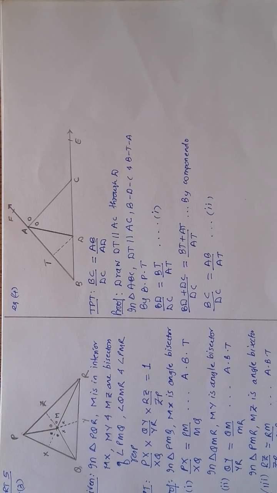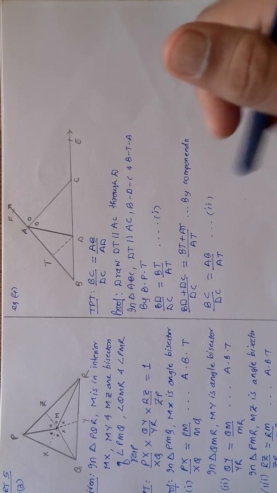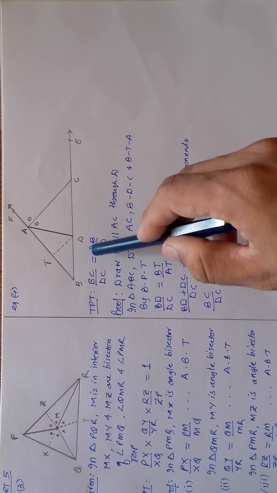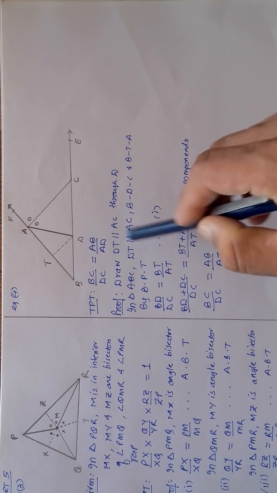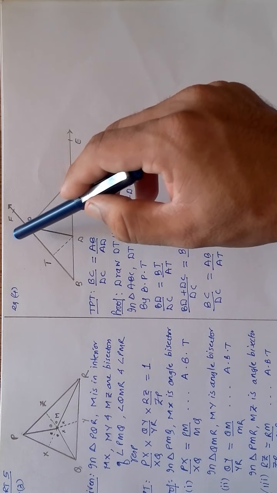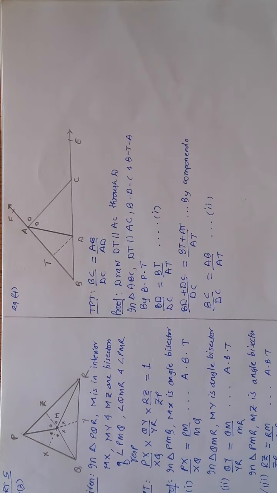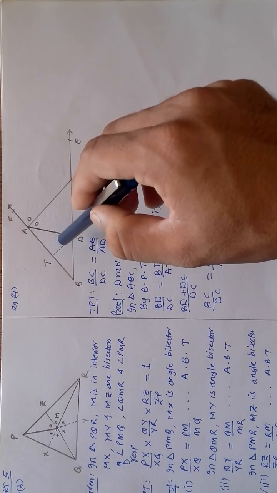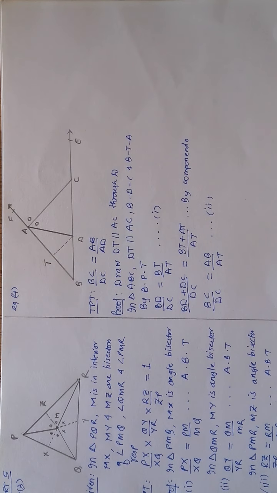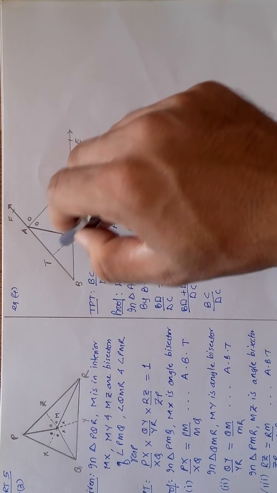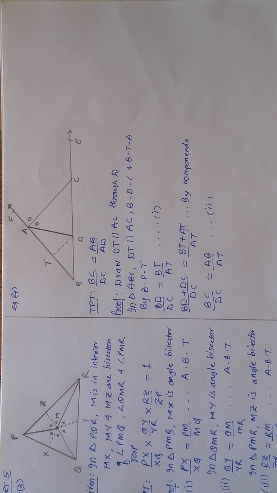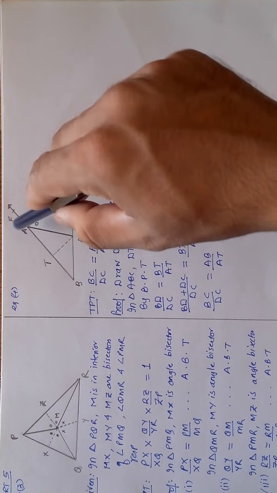Try to recollect. Yes, it is the same as your angle bisector theorem. So the same procedure I will carry out. I need to replace this AT by AD. If I want to replace this AT by AD, that means this triangle must be isosceles. That means the angles opposite to them must be congruent. Agreed? If the angles opposite to them are congruent, then obviously these two sides will be equal.